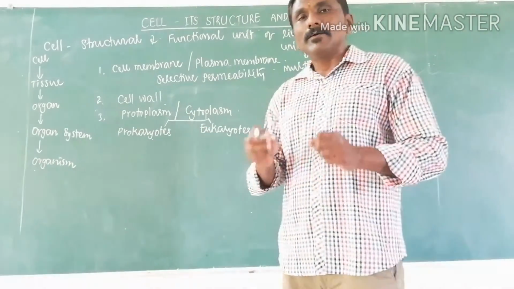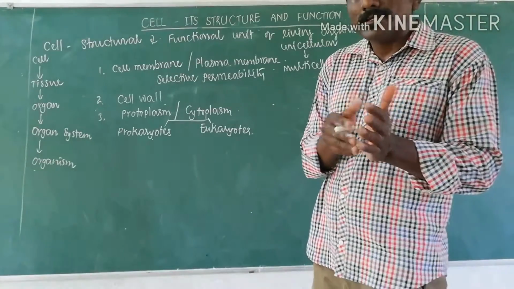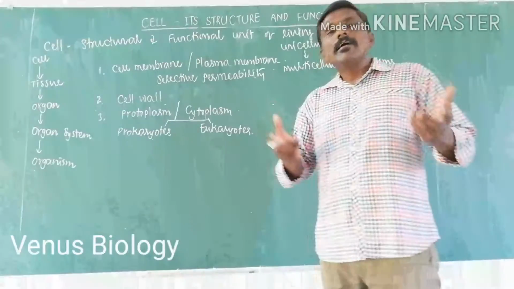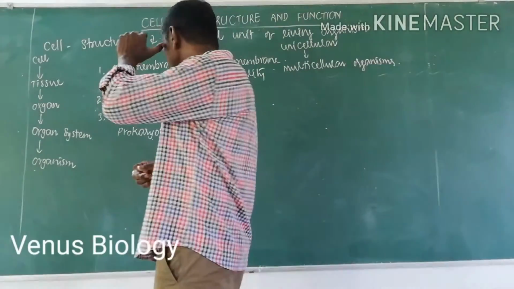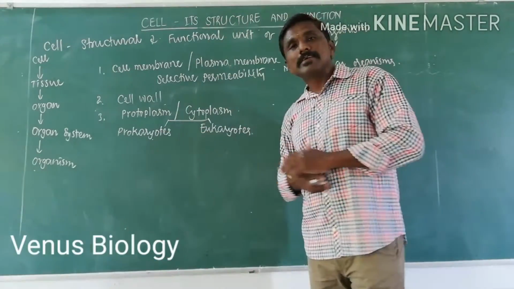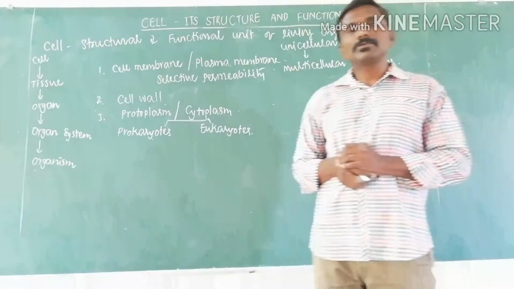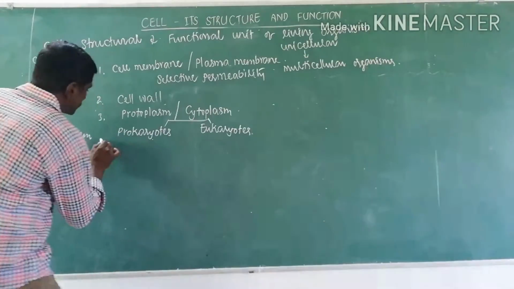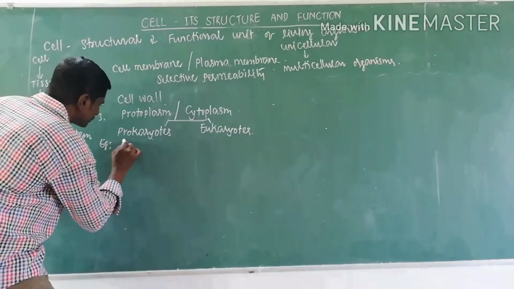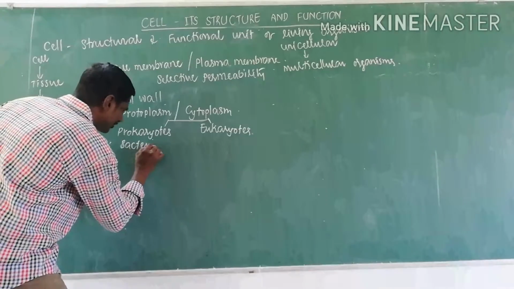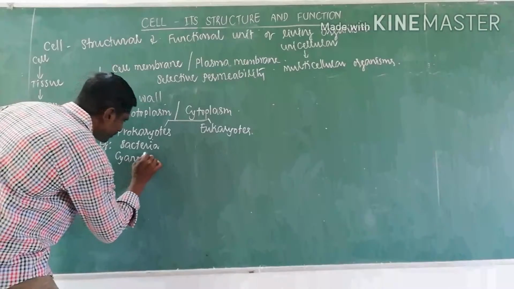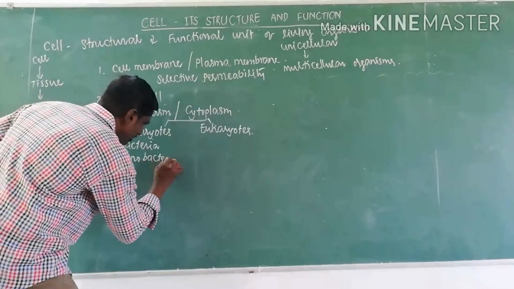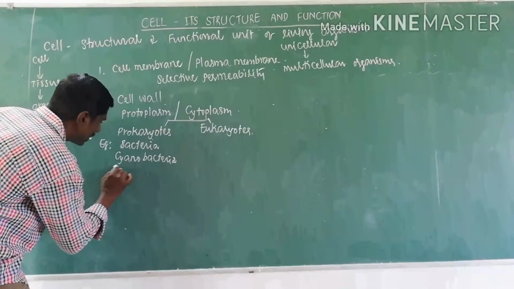That's why all the genetic material is scattered in the cytoplasm. There is no distinct nucleus present in the prokaryotes. That's why there is no separation of the nucleus, and all the organelles float freely in the cytoplasm. For example, prokaryotes include bacteria,